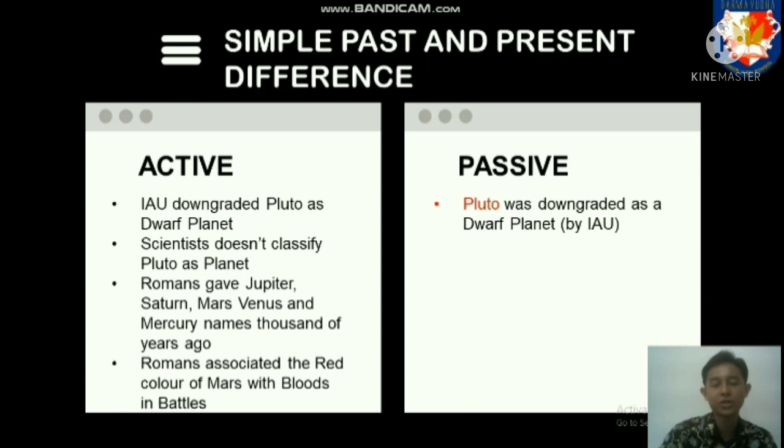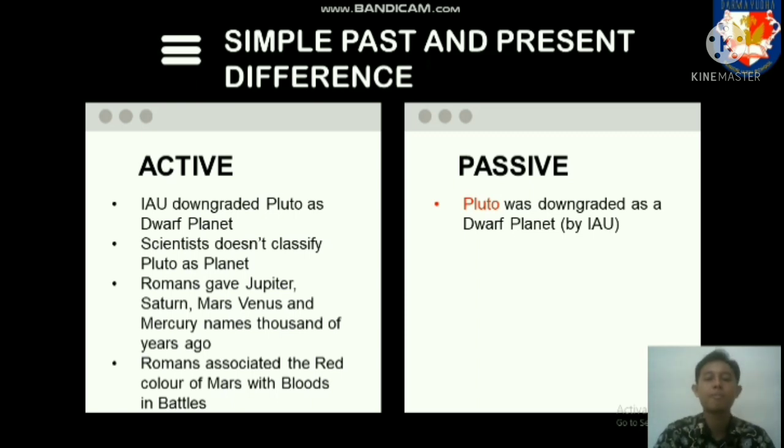Okay, so as you can see here, the passive one, Pluto was downgraded as a dwarf planet. So Pluto here is given an action which is downgraded, guys. Something like that. So that's why here in bracket I wrote by IAU as the subject, because we don't focus on subject here,